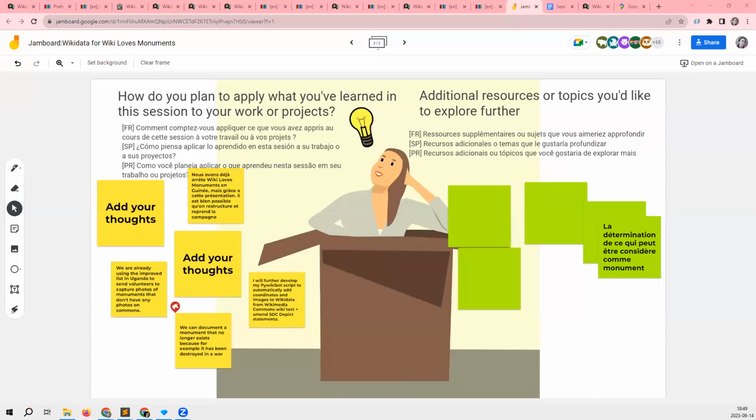In the Jamboard, we can document a monument that no longer exists because, for example, it has been destroyed in a war. That is unfortunately the case. I am currently working with cultural heritage data from Ukraine, and there is unfortunately a large number of monuments that have a lot of photos on Commons that no longer exist.